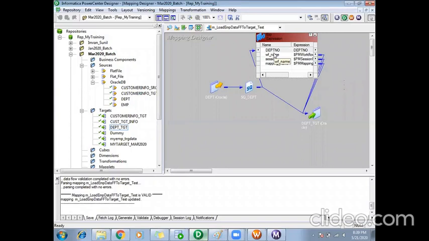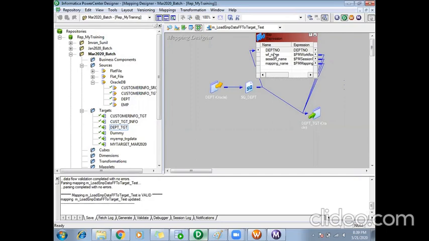Okay, if there is a repetitive logic which can be achieved using a single transformation, not just expression, whatever transformation it can be, then instead of writing the same code again and again in different mappings or within the same mapping also, I can make that particular transformation reusable, so that I write the code only once and reuse it as many times as I want.